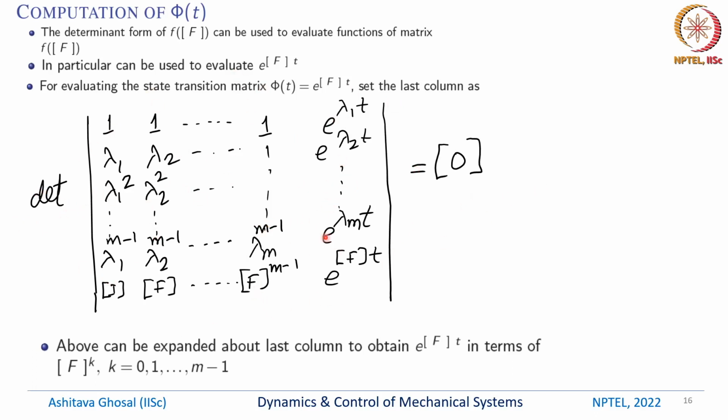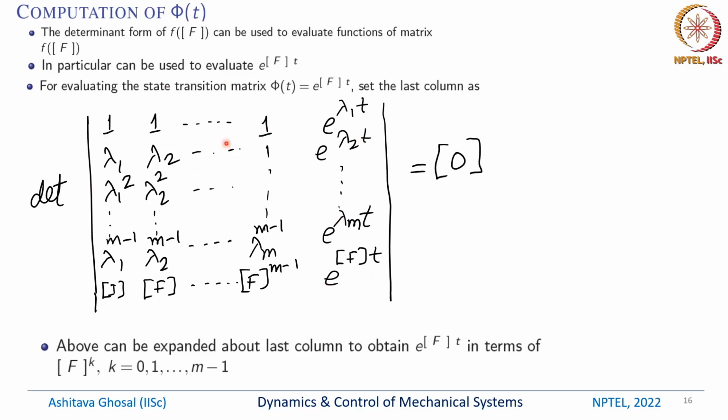And what I can do is evaluate this determinant by expanding about the last column. So basically I can expand about this last column and then obtain e to the power ft into something is equal to something. Okay, and hence using this form we can obtain what is e to the power ft, because